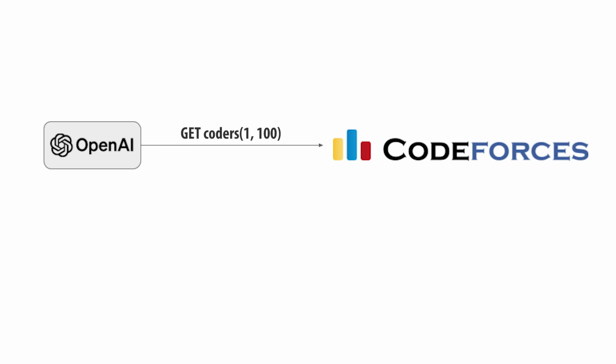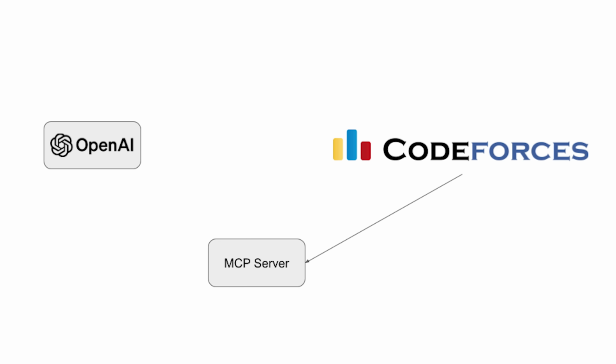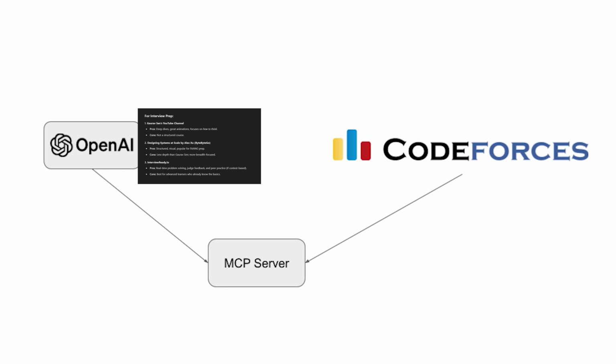Let's say you want to get the top 100 ranked coders on Codeforces. You could do this by scraping pages, but it would be much better, much faster, much more structured if you had an explicit API available on an MCP server which could be accessed by a large language model. Now the large language model hits that API, gets that response in a structured way, uses it to create the final response. And so we may see a major change in how SEO is done across websites.